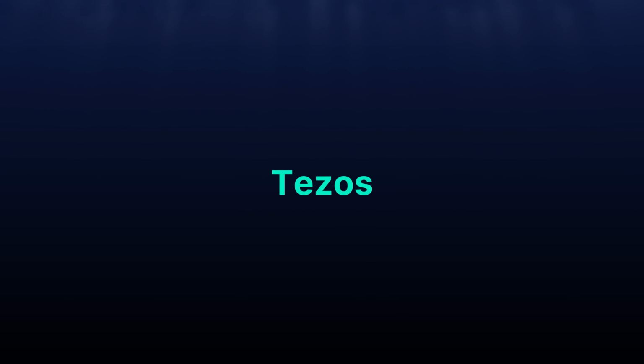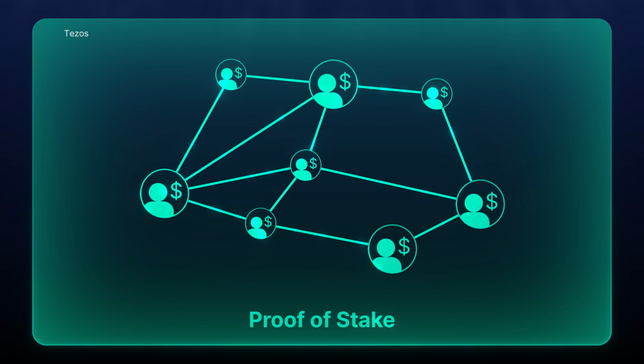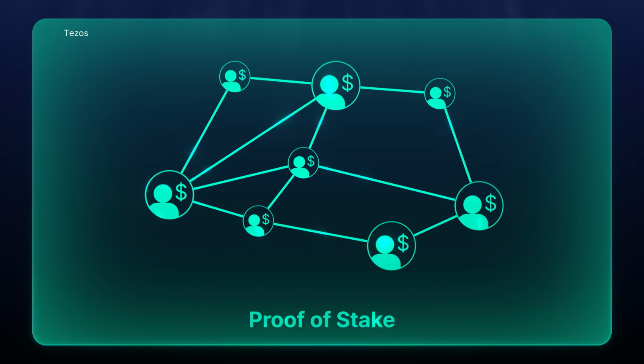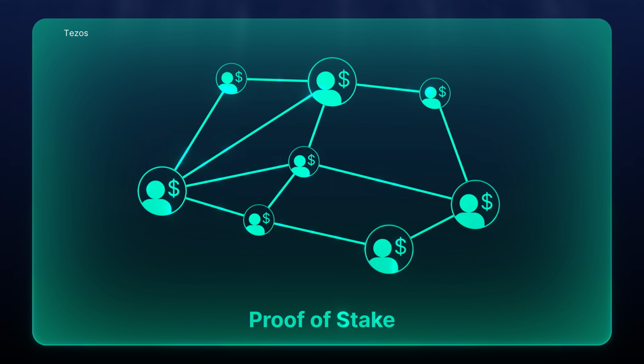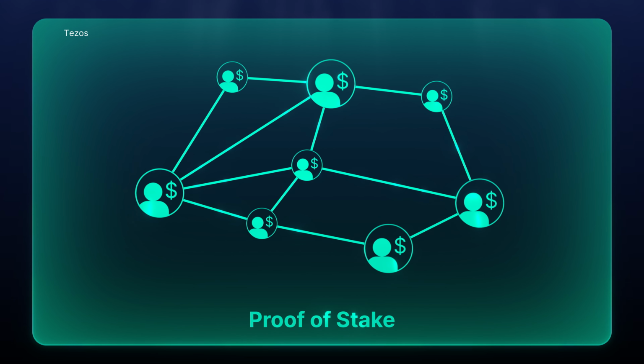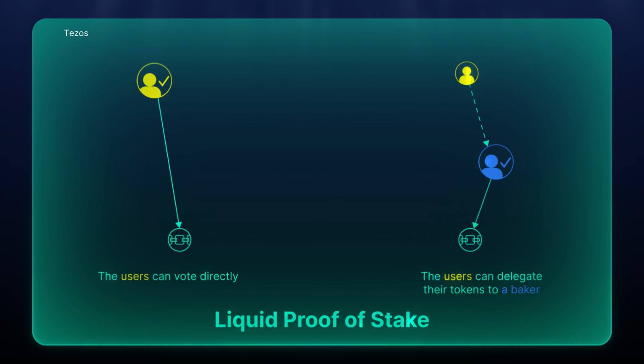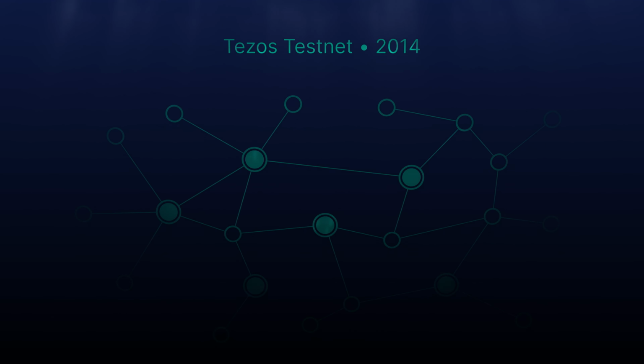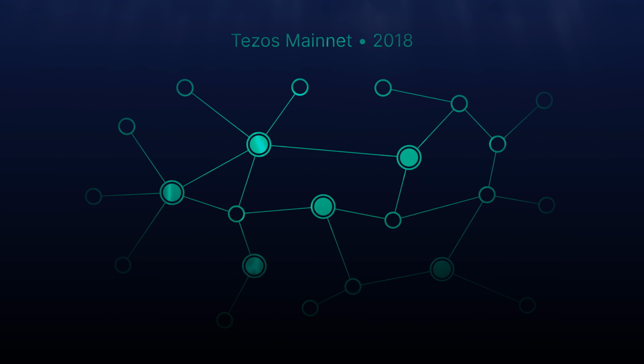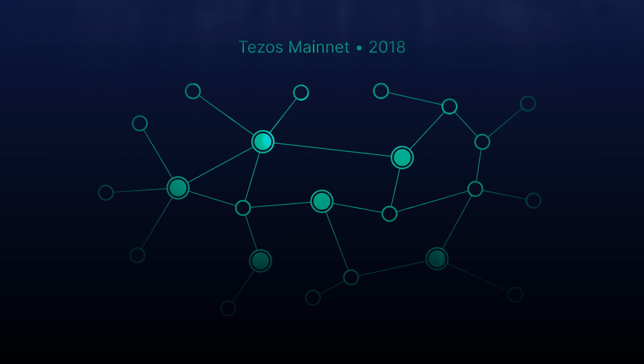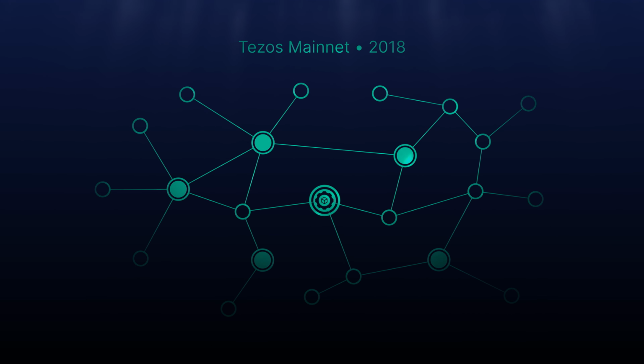Now, let's have a look at Tezos. Tezos is an open-source blockchain protocol whose network initially operated according to the principles of the proof-of-stake consensus algorithm. The Tezos blockchain now uses a modernized POS model called Liquid Proof of Stake. Tezos was created by Arthur Brightman in 2014, with the mainnet starting in 2018. Tezos is an alternative platform for building and running DApps.